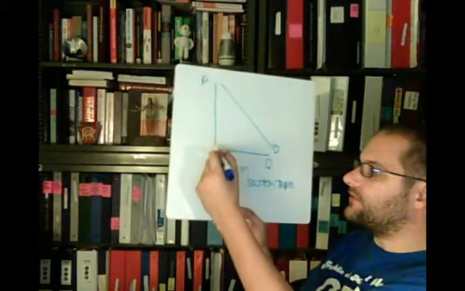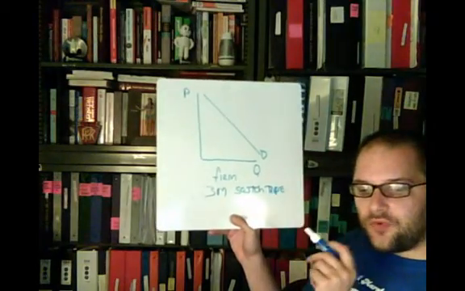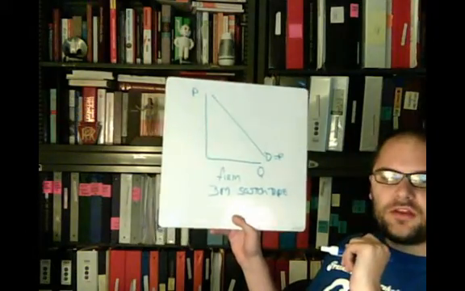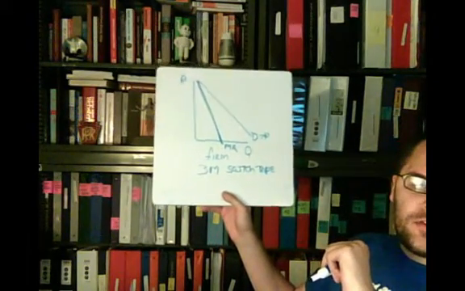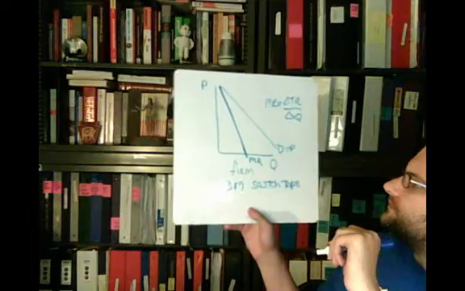Because if 3M charges a really high price, not too many people are going to buy it. Now, for this demand curve, it equals price, but it no longer equals the marginal revenue. In fact, the marginal revenue is now going to be less than the price. And the reason why this is going to be the case is because marginal revenue, if you remember, is the change in total revenue over the change in quantity.